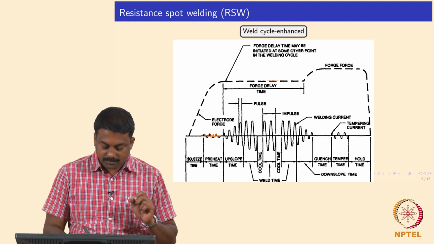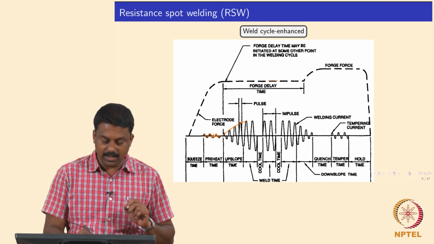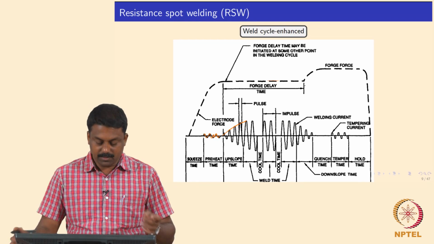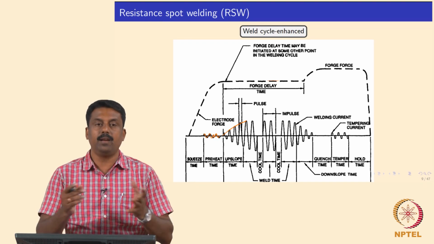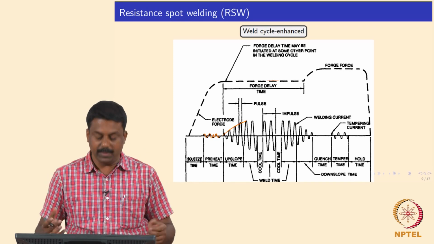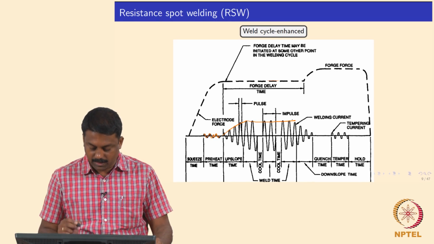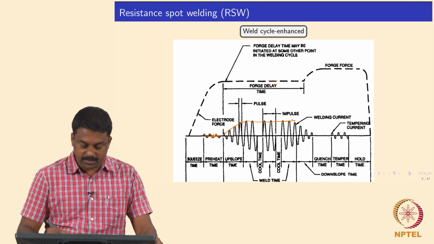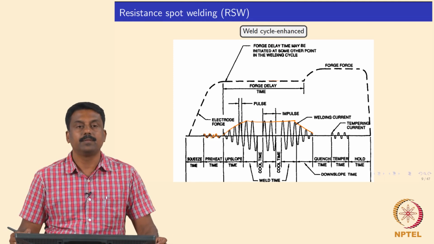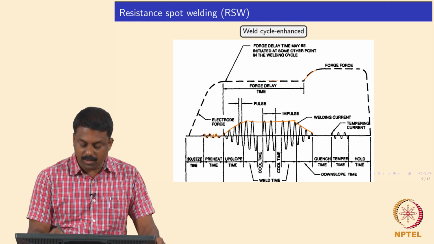And subsequently, we can also ramp up the current slowly, instead of doing an immediate ramp up to a maximum 5 kiloamperes. So, you can also slowly increase the current in such a way that material heats up at a reasonably slow heating rate in order to avoid stress development in the material. And then during this process you can also apply a weld time, maintain it, and subsequently you can also slowly decrease the current in such a way that you maintain a cooling rate, right. And you may also increase the load upon cooling.